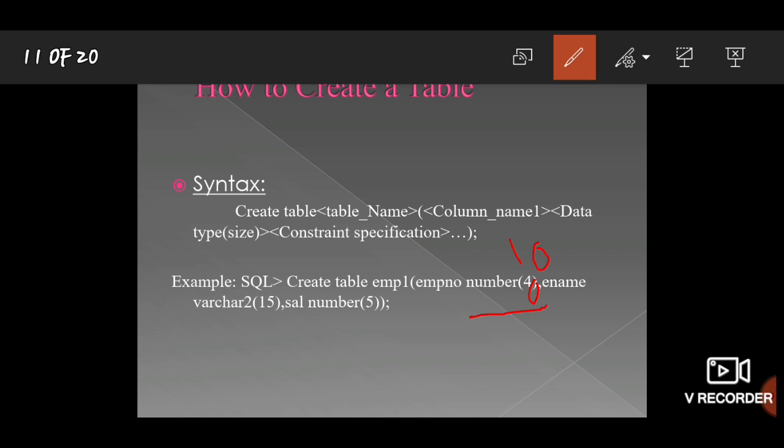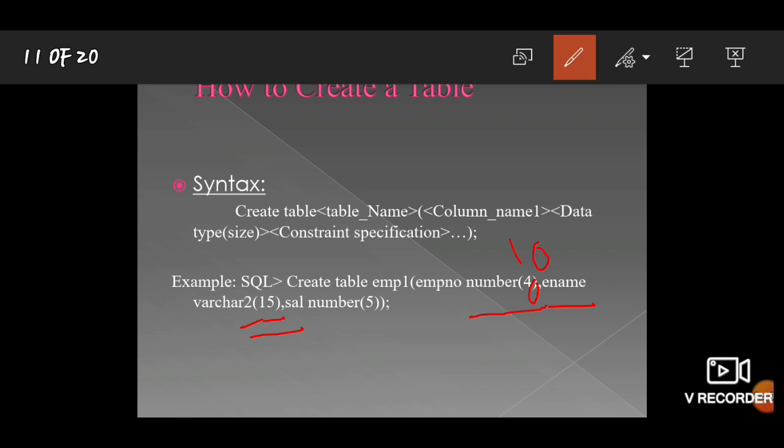Again, after that, coming to the employee name, here I had taken varchar2 of 15 into 2, which is 30, so that I can enter 30 characters, meaning 30 alphabets. It's my choice. If I get any other name that exceeds 30, what I have to do is increase the number, either inside the brackets or outside the bracket. How many alphabets you need to increase is up to you, right?